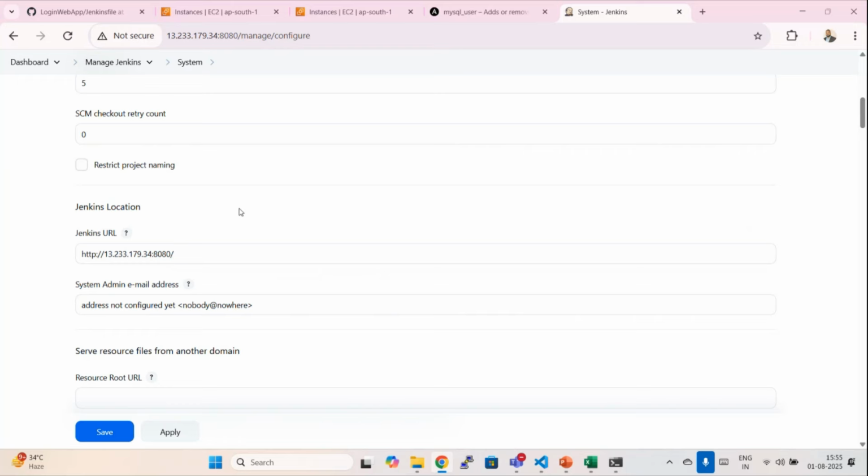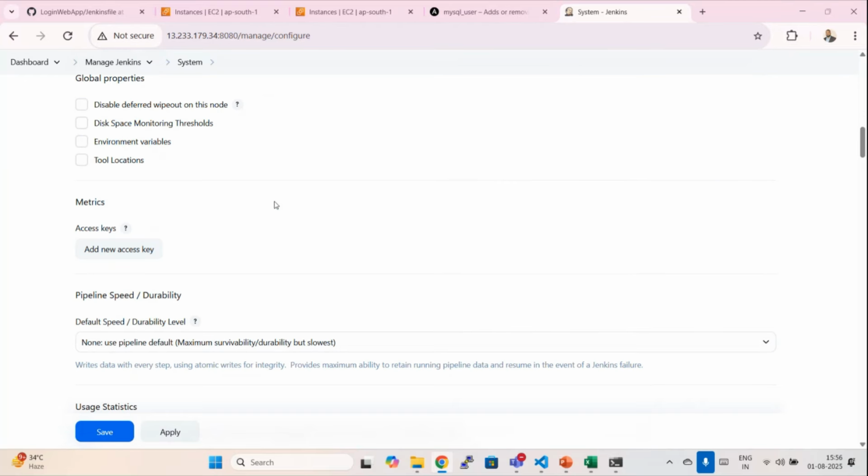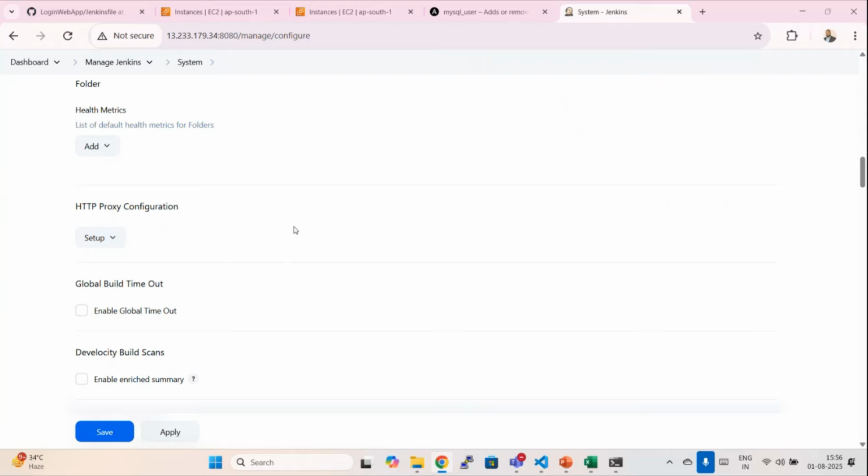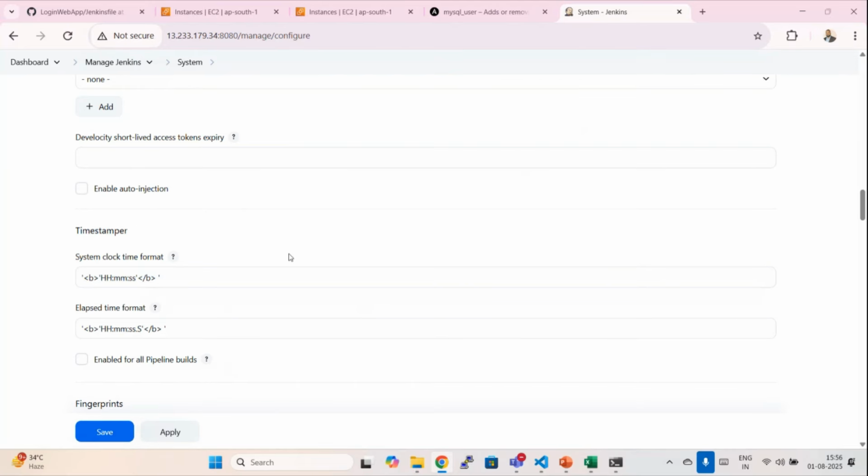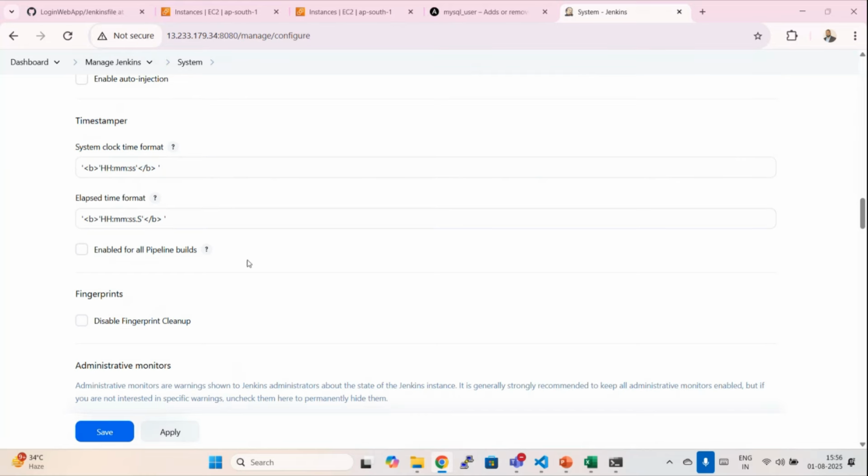So this will actually change when you restart the Jenkins server. Suppose on the AWS side, whenever we restart any machine, it creates a different IP address, right? The public IP address gets changed in the case of AWS EC2 instances, right? So we have to add that one accordingly and save it. And one more thing is about the port, right? I'm going to show you the port here, but